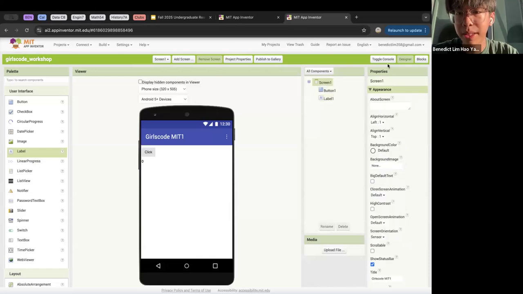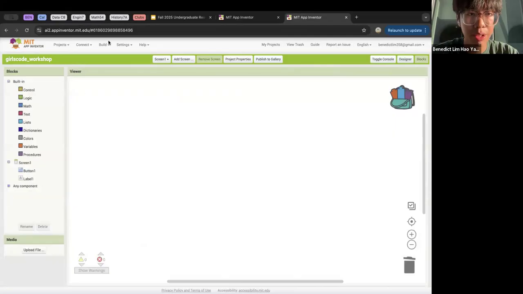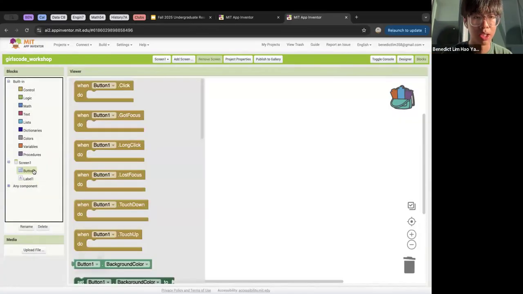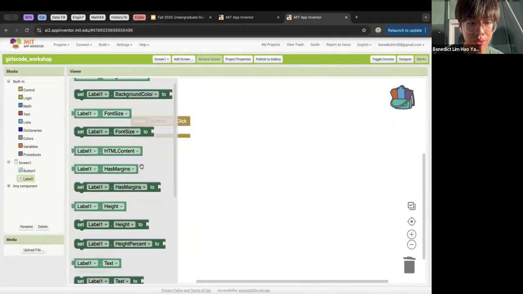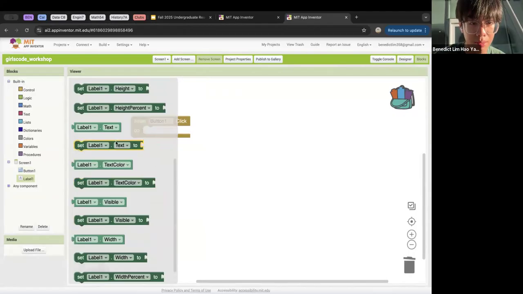So now back to the blocks. Which feature should I use? Just now we had the same tutorial over button. We said that we want to click the button and when we click the button, we change the label. So the same thing is we want to click the button here. So we do when button is clicked. When button is clicked, now I want to change the label text to